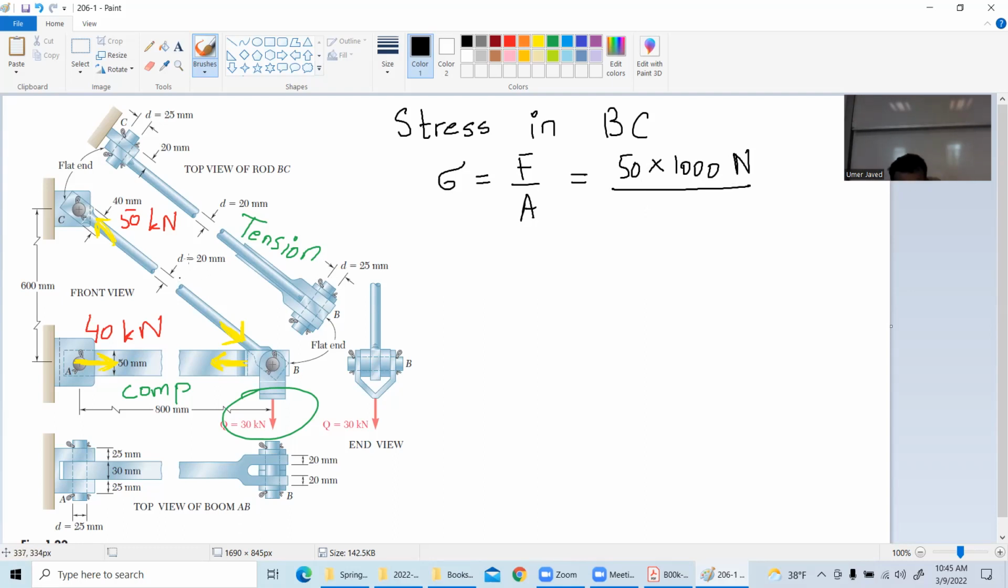Yes, this is a diameter of 20 millimeter. So I think, as one of the students said, A is equal to pi d squared by 4, okay? With d as 20 by 1000. Now you substitute this here, and why don't you all give me an answer? And this will be in meter square. So I will have a beautiful stress in